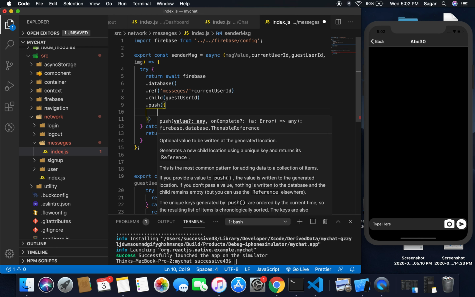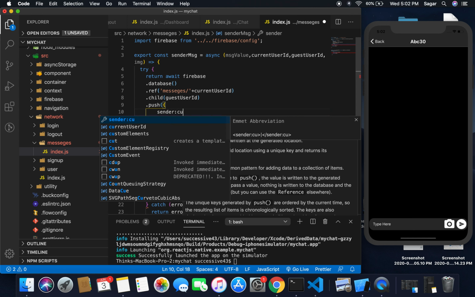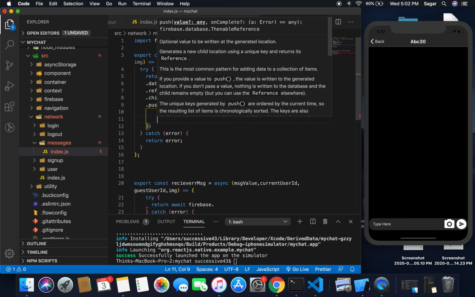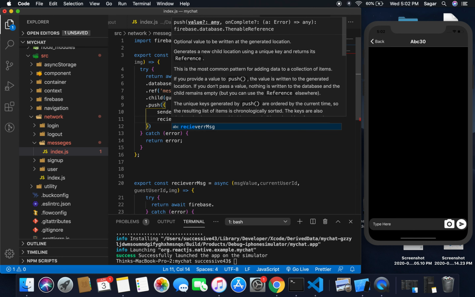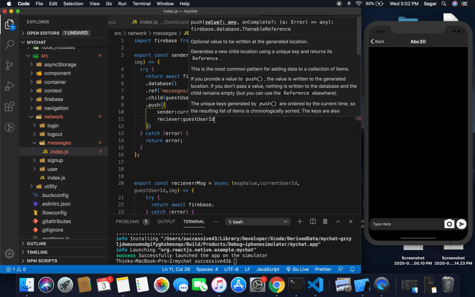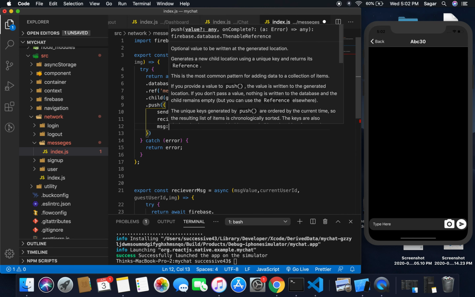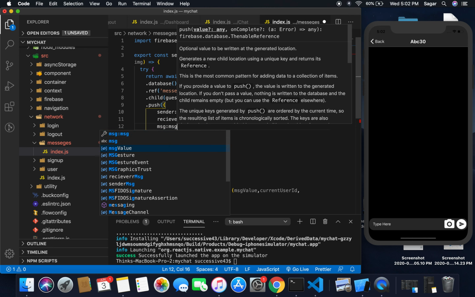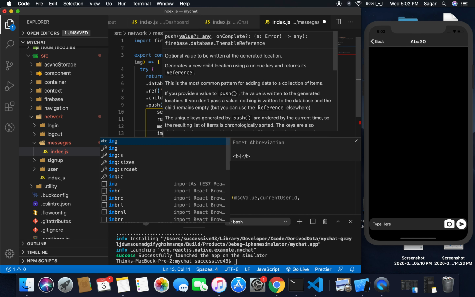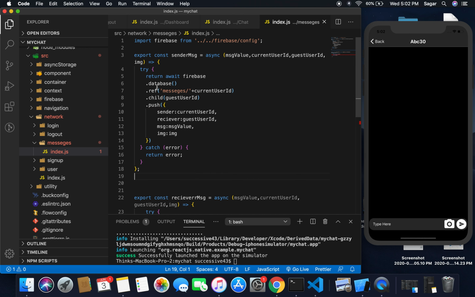what thing I need to push. First one is a sender who has sent the message. Sender should be current user ID, and receiver should be guest user ID, and next thing I'm going to use message, and it should have message value, and next one I'm going to use img. So it is img. Save this one,